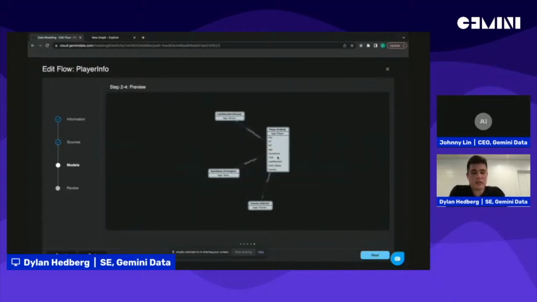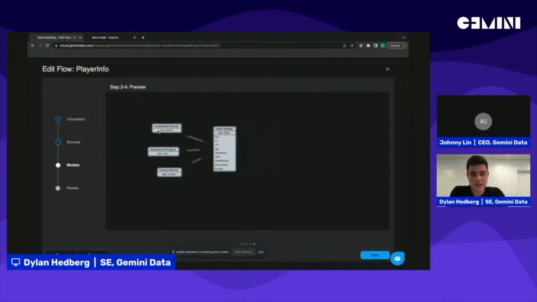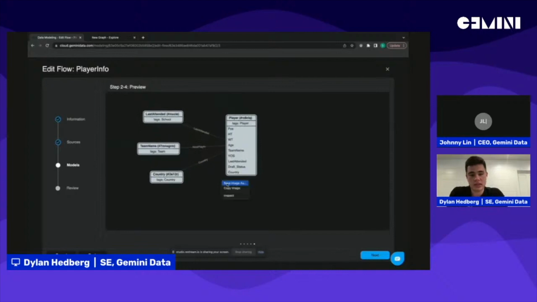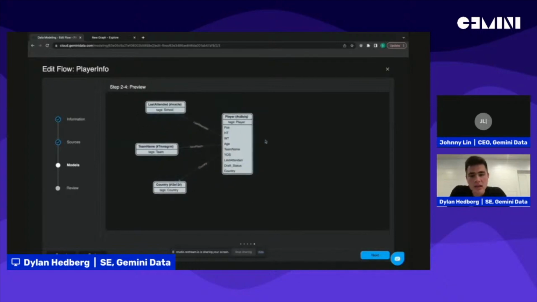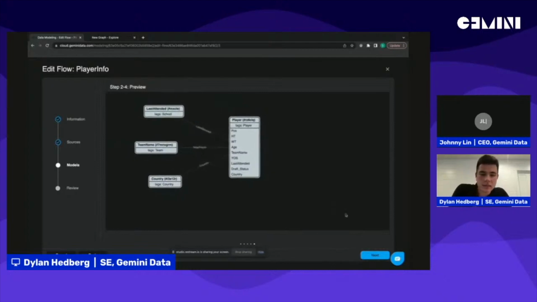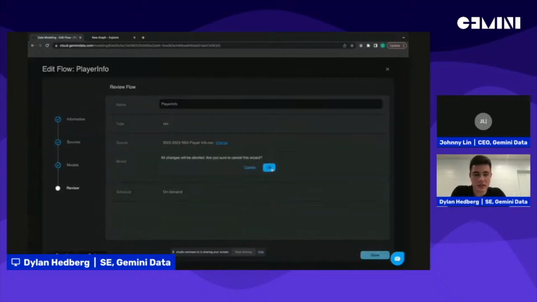And on this next example, you can see this data model preview, which acts as a whiteboard. So if I wanted to make any changes to the data model, I can always go back at any time or even cancel and start over the whole process. But here I can make sure that everything that I'm ingesting, labeling and modeling in my data set and data flow is correct before hitting next and then starting the ingestion. So with that, I can save. This one's already saved, so I'm just going to cancel out of this.